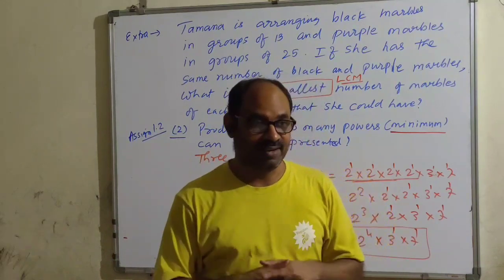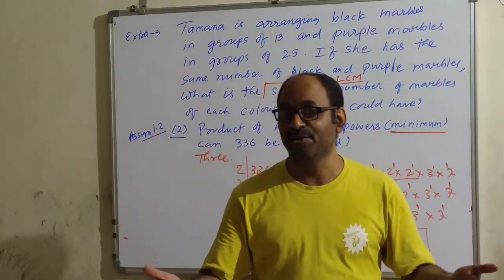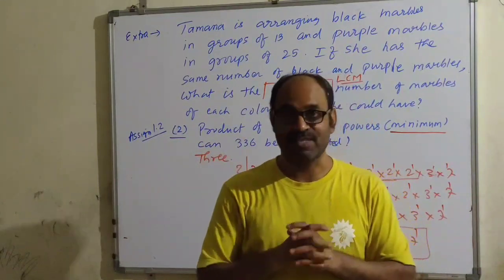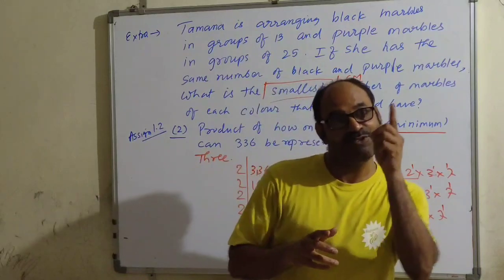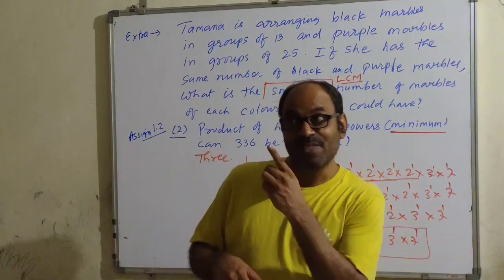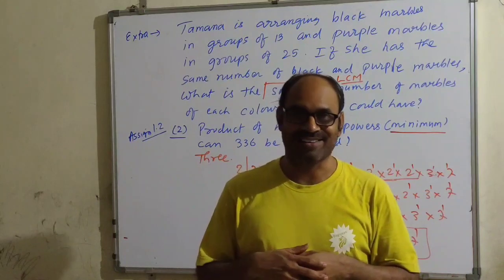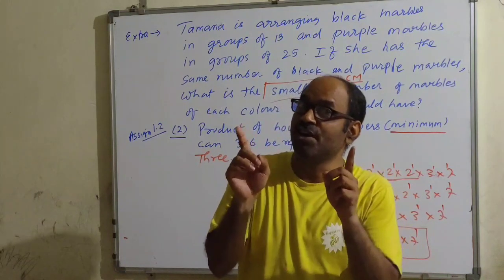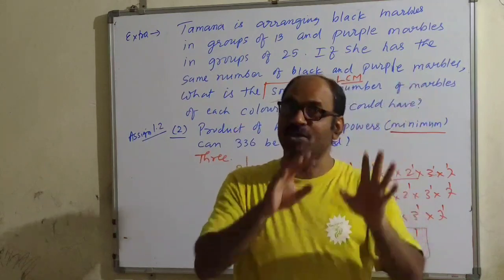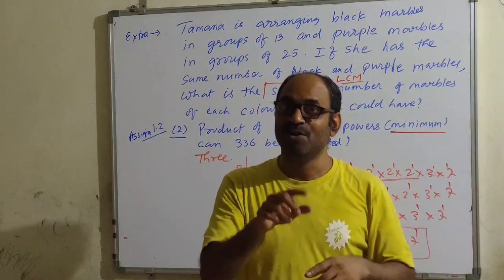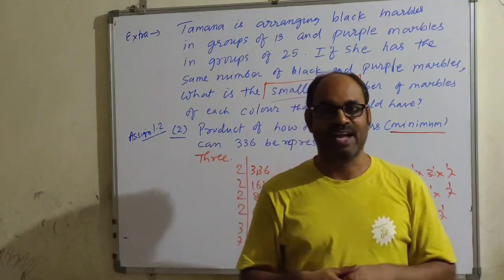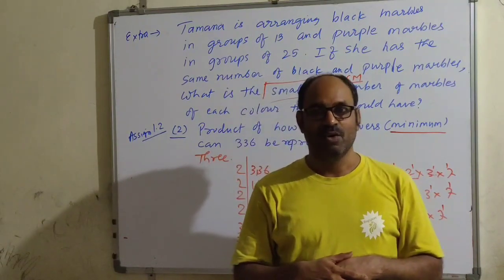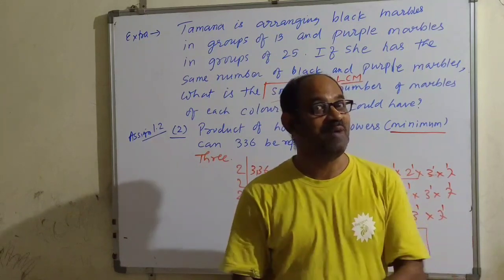So in the lower standard, of course the teachers have explained to you, they must have cleared your concept. But then they must have said, okay, if there is total, you have to add. If there is left, you have to subtract. Am I right? And you all thought that is the easier way. So whenever you come across the word total in a word problem, you would add. Now see the statement that I am giving you. The cost of 1 pen is 5 rupees. What is the total cost of 25 pens?